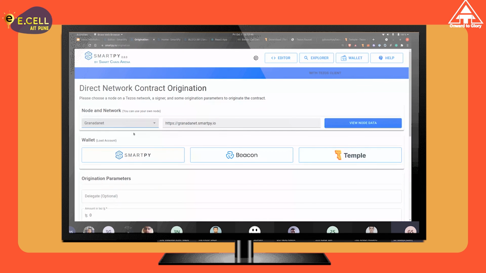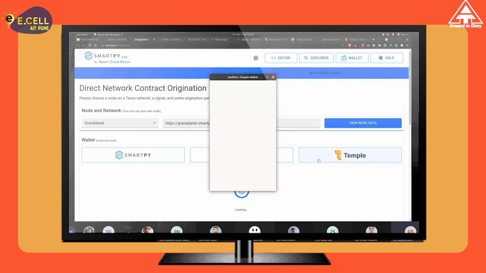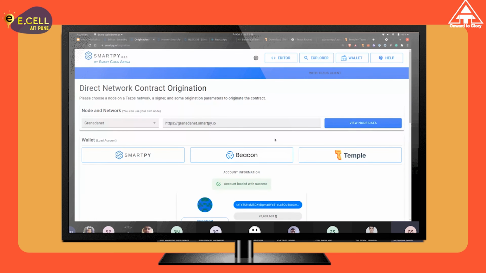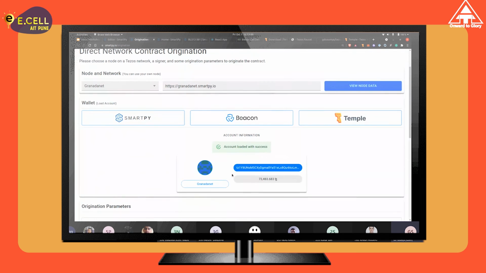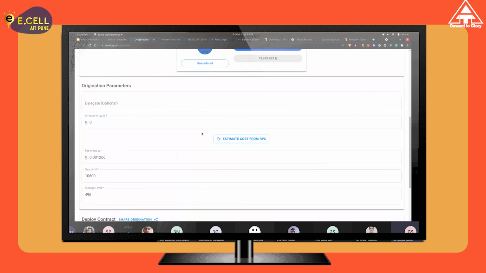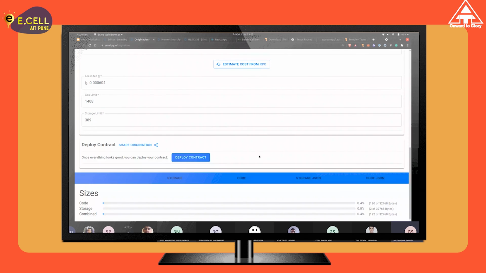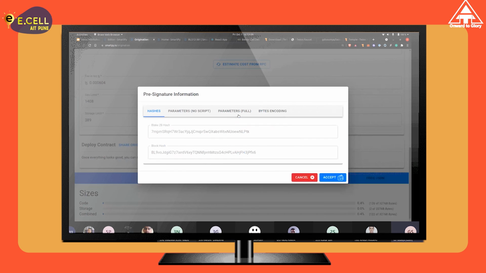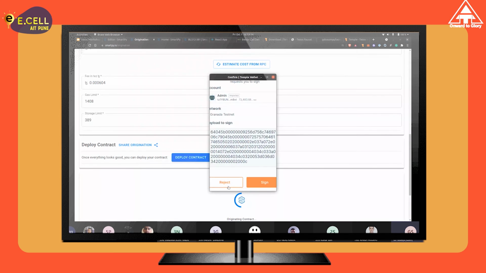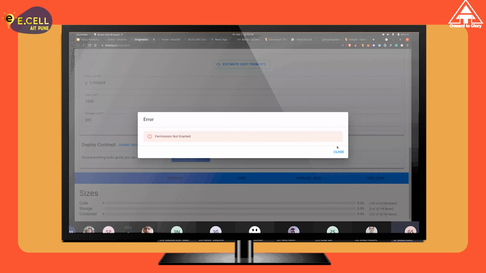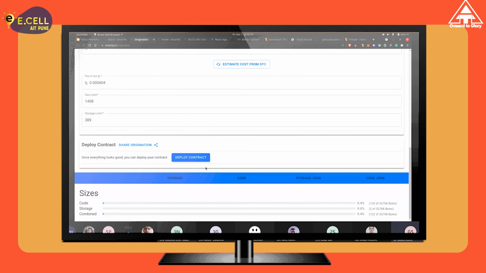I can just do that, and then I can add my wallet. So this will connect my wallet, which I'll be using to deploy my contract. Deploying a contract is also basically a transaction made on the blockchain, and I'm using this account that I have right now for that particular transaction. Then you estimate the RPC, and then finally just click on deploy, and you'll get the wallet pop-up, and you can sign the transaction, and it will basically deploy the contract. Let me just deploy it.